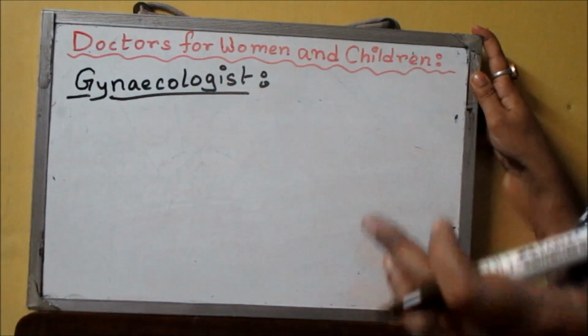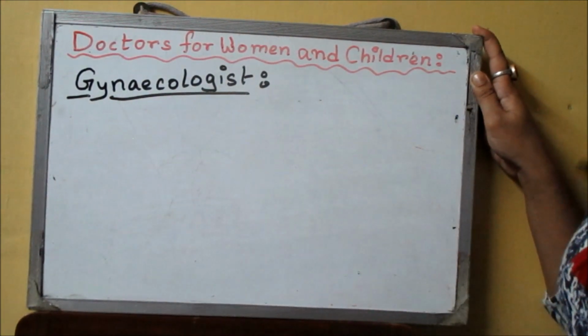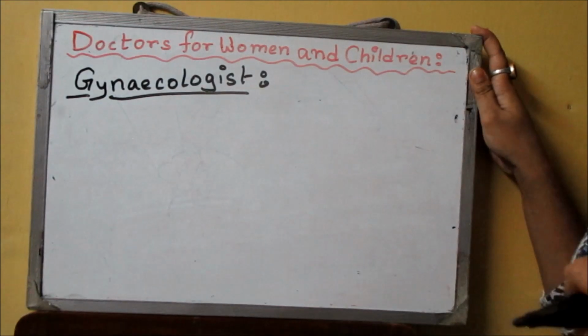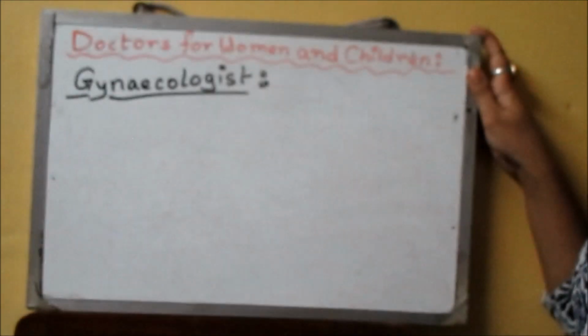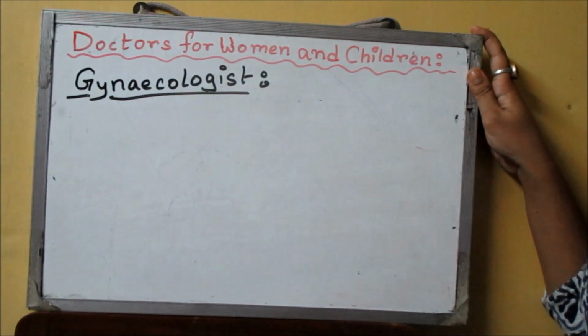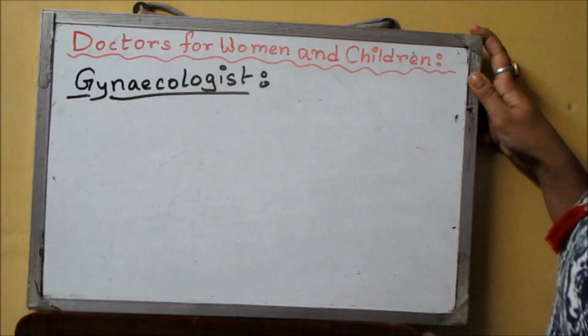A gynecologist is a doctor who is specially skilled to deal with diseases that happen peculiarly to women. Okay, so diseases that happen only to women mostly. Okay, the word gynecology